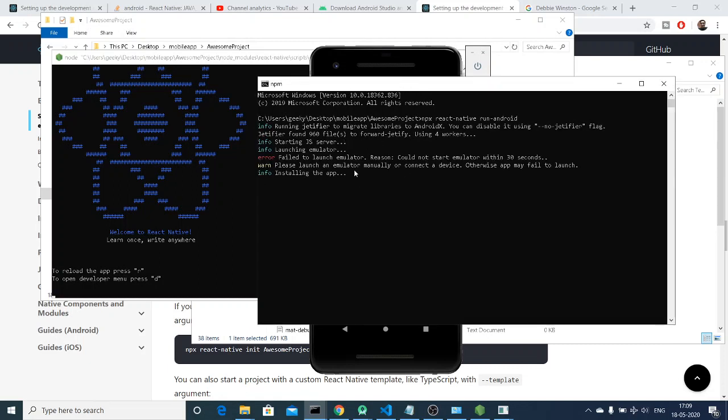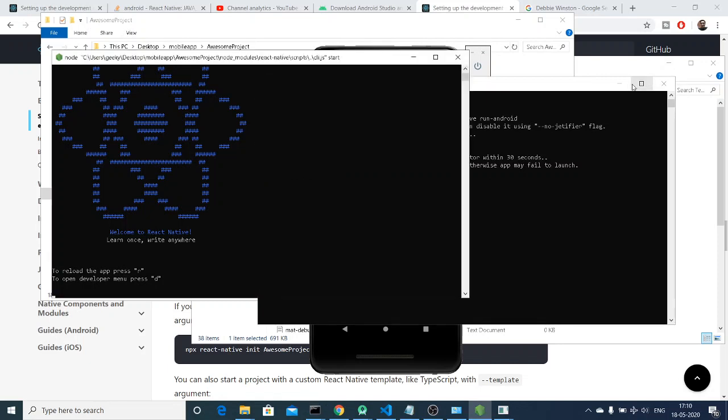So sometimes it can happen. It is saying to us that failed to launch emulator, reason could not start emulator within 30 seconds. So the problem is you can just close this emulator for now and relaunch the application once again.